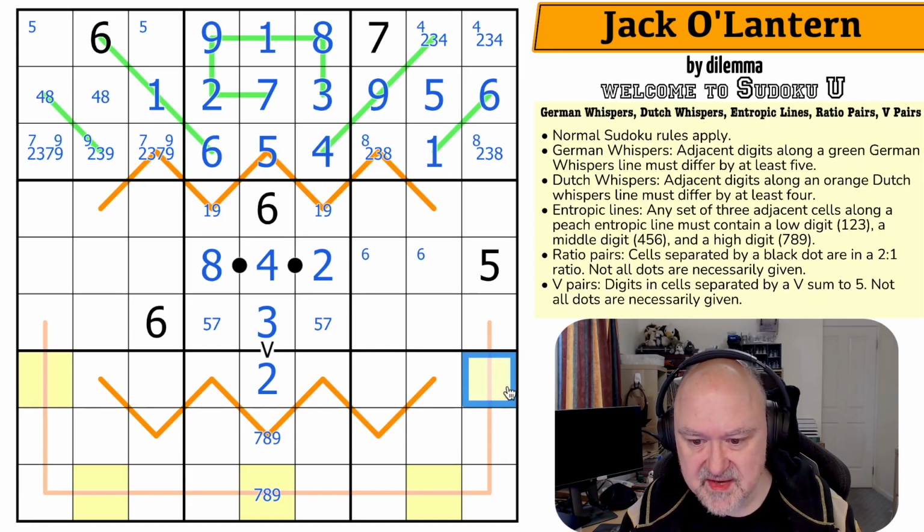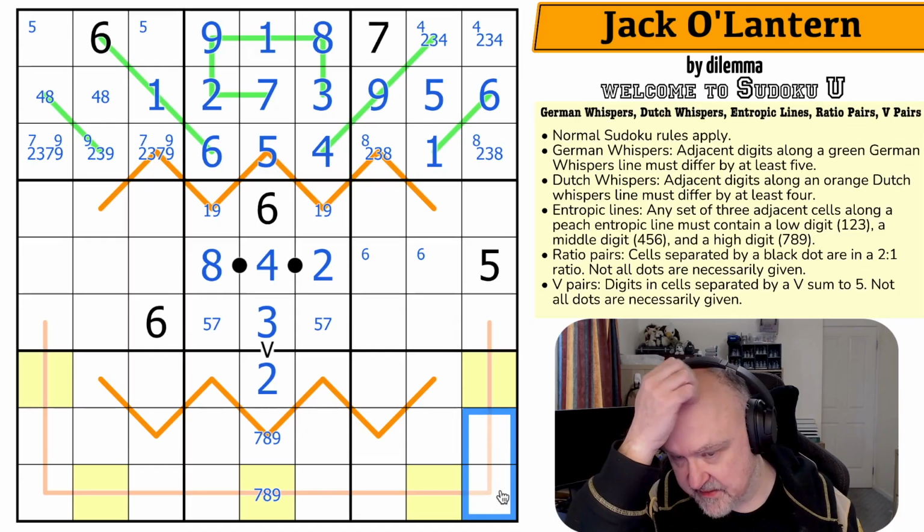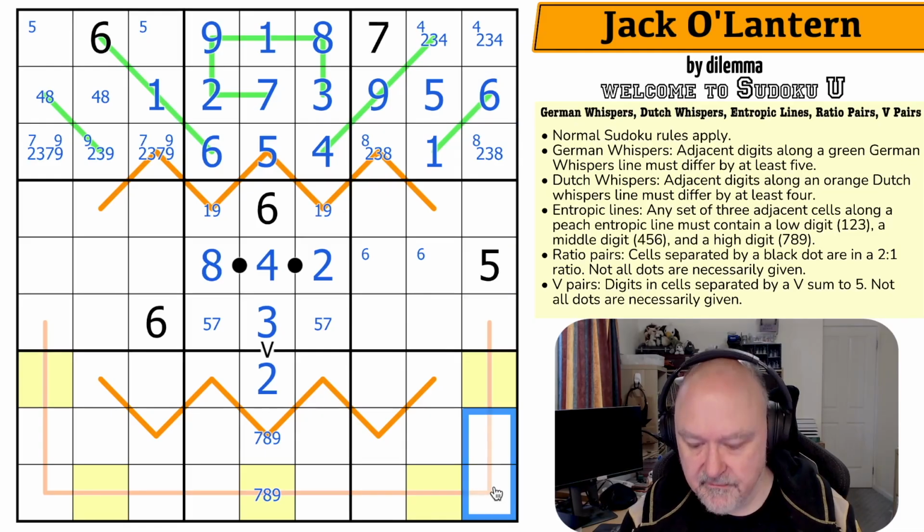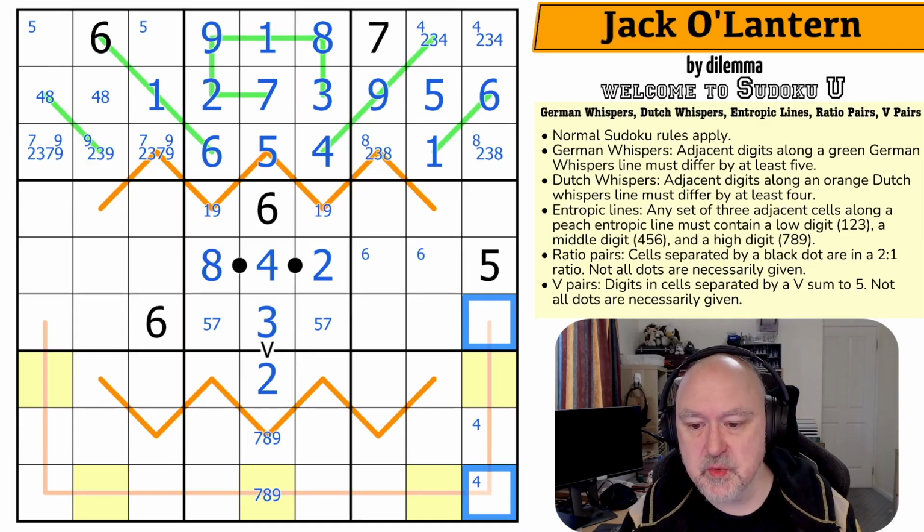Now, this is 7, 8, 9. This is 7, 8, 9. But this needs to have a mid in it. Right, this needs to have a mid in it. And the only mid available is 4. So there is a mid in here, and if this was a mid, this would be a mid, and the